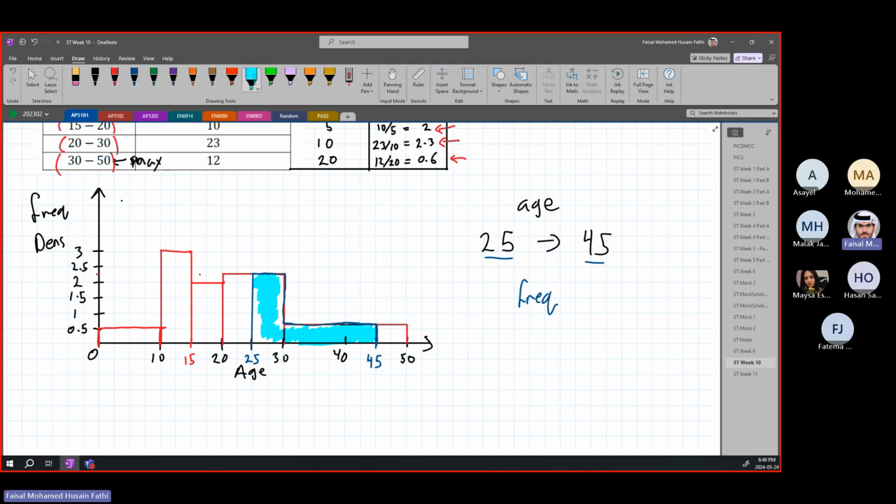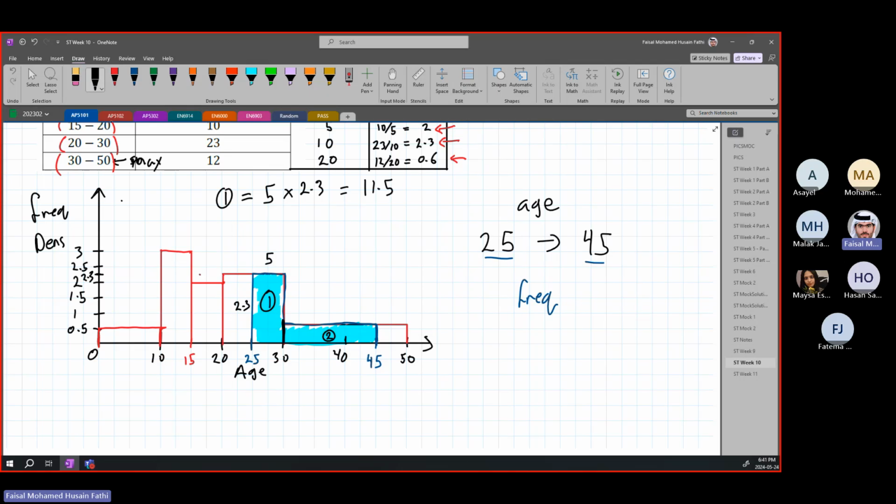So this entire area. And if you remember from Math 1, it is very easy to find the area of simple shapes. So let's say, for example, we want to close it off here, and call this our area 1, and this is our area 2. Let us find the dimensions. Area 1 is length times width. What is our length? This is going from 25 all the way to 30, so this is a size of 5. And the height of it is up to this point over here, which is 2.3. So it's 5 times 2.3. This is our first area, which gives us